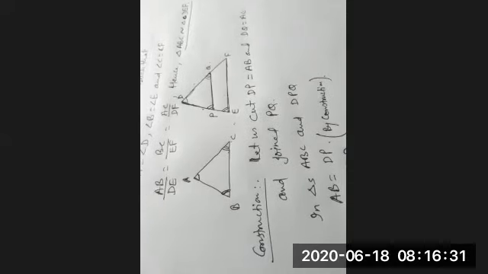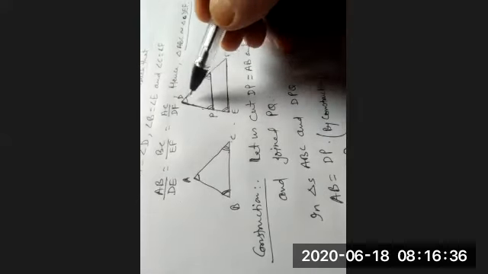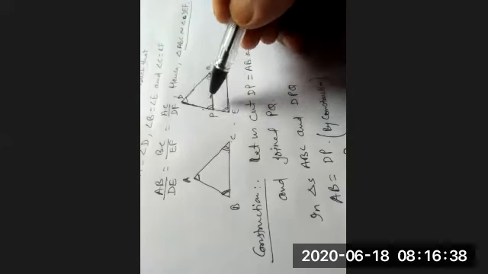In the first theorem, what we have studied? The same thing, na? If a line divides both the sides in equal ratio, then the lines will be parallel. So, in this way, you can write PQ is parallel to EF. And this implies if these are parallel, then the sides will be divided in the equal ratio. Yes or not?